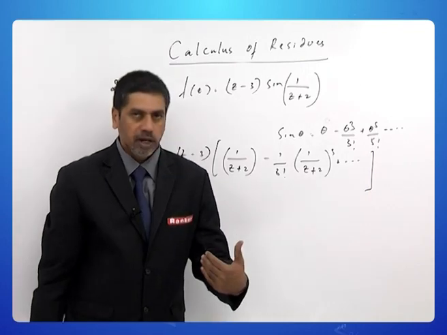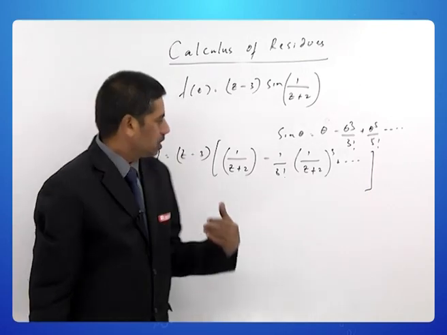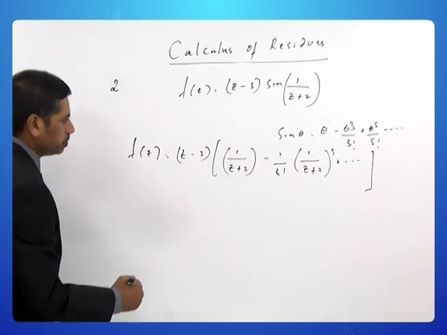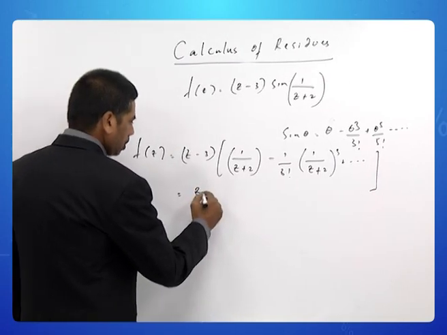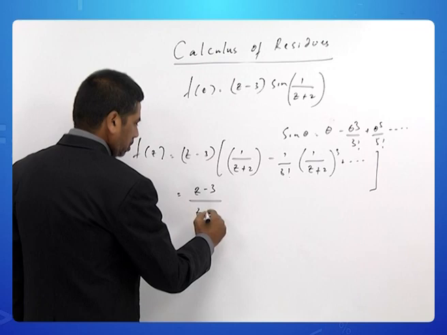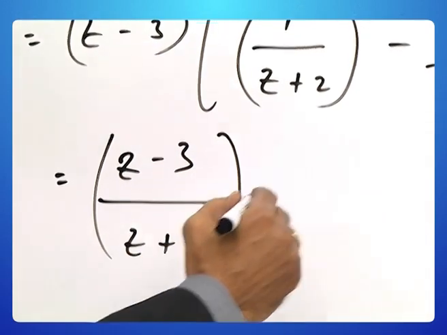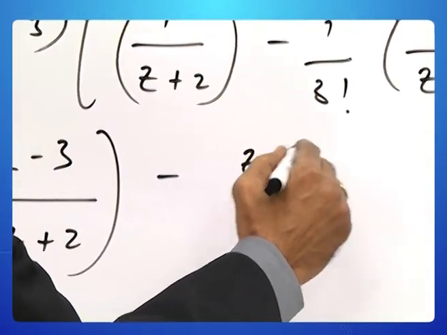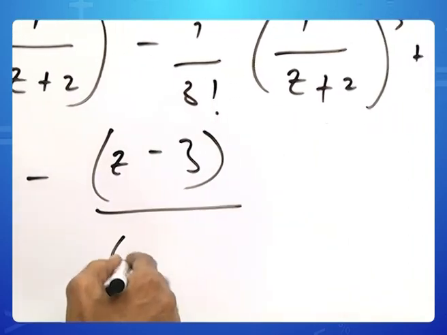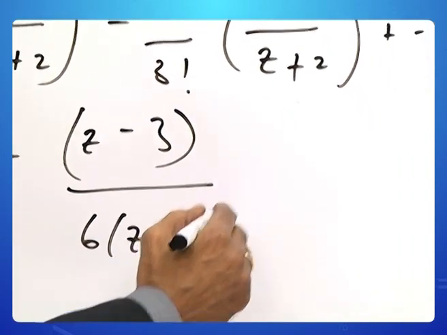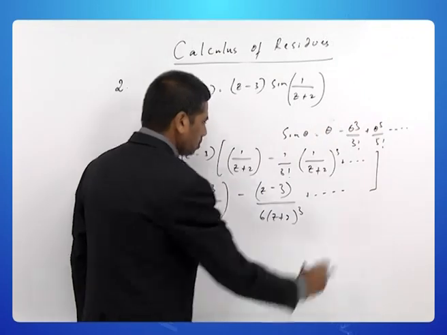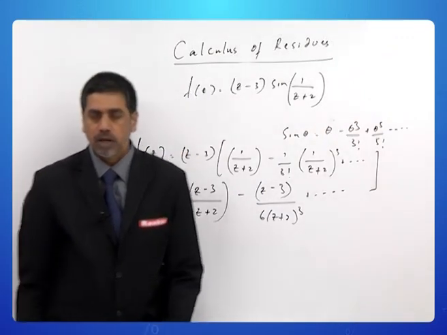So if you can actually take z plus 2 in, we get this, and